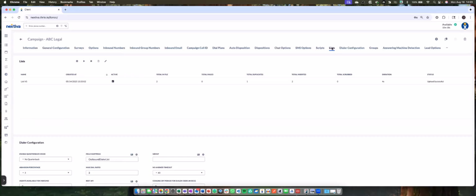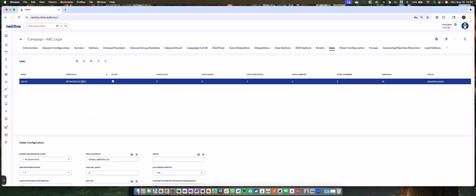One would be an automated API, so that if you have a system, and I always use the example of Salesforce, because Salesforce gives us the ability to change some things and create custom objects. But don't just look at Salesforce, think about any type of interaction or any type of system of record. If we change a status, if we trigger any type of interaction, we have the ability to push it in here one by one or multiples at the same time to make that outbound call. The second option, the easiest option, is to upload a list.